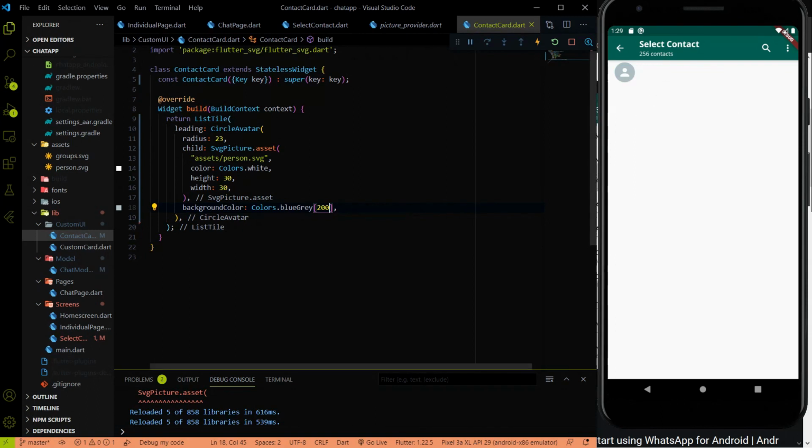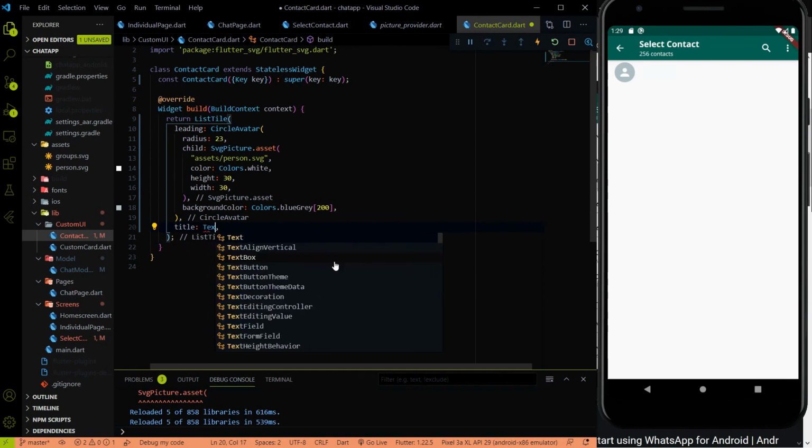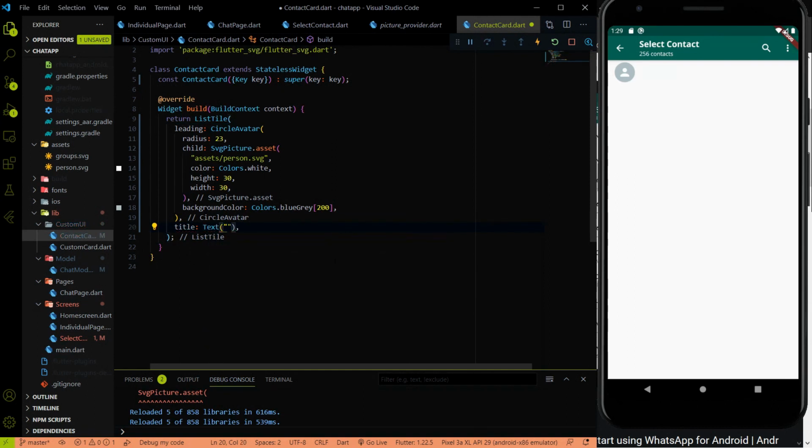Okay, now the leading part is completed. Just after the leading part, we need a title part as well. So the title will be text, and we have to provide the name. Right now, let me put dev stack as the name, and we have to do the styling as well.